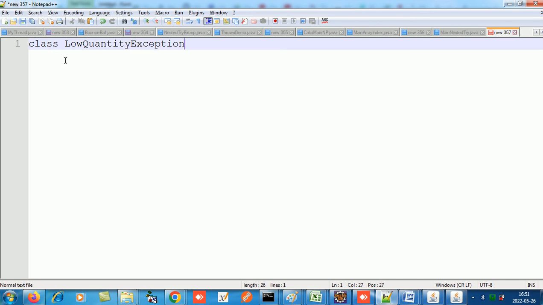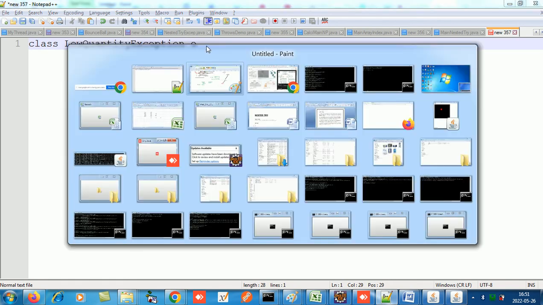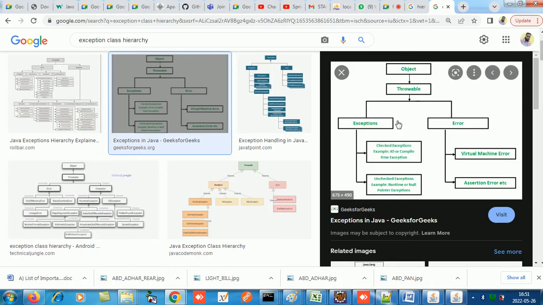Not mandatory, but it's a good practice. And these exceptions are user defined, so they should extend which class? The exception class. All the user defined and all the built-in exceptions extend from the exception class. The exception class extends from Throwable, and throwable extends from